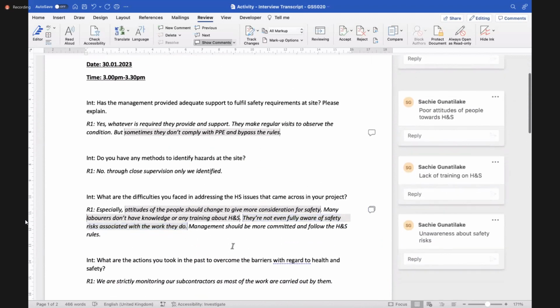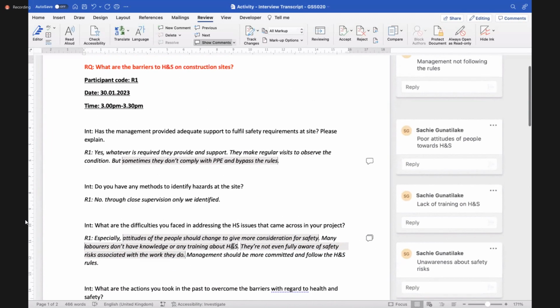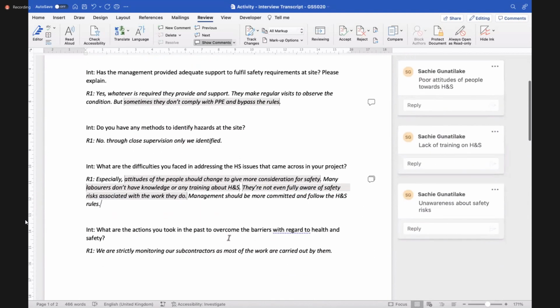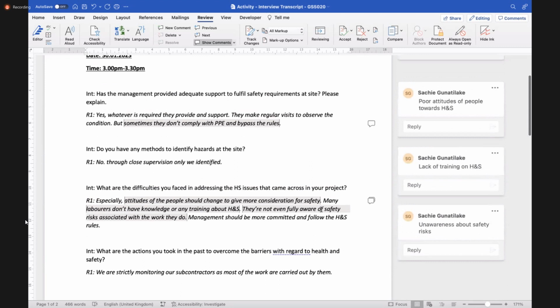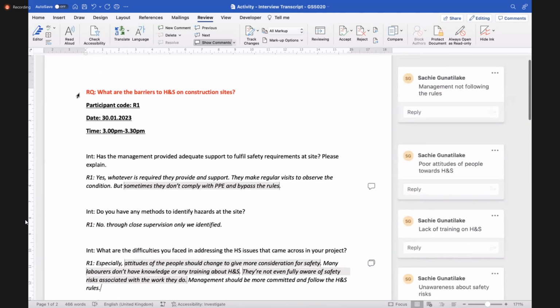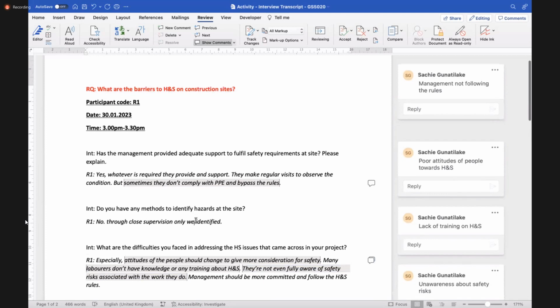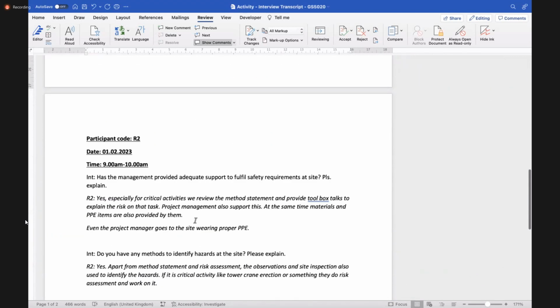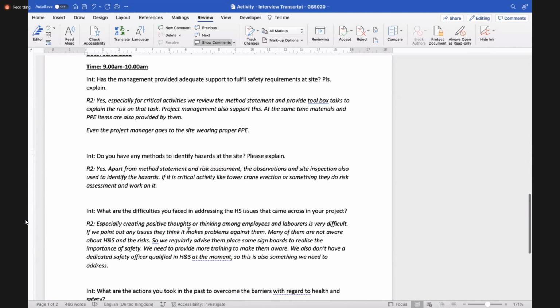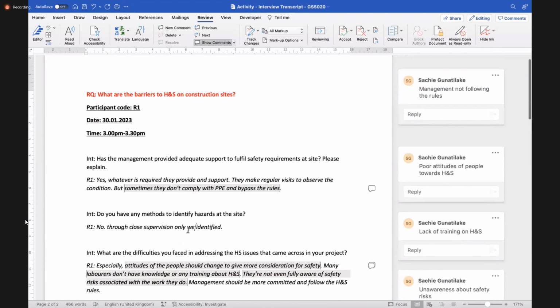So likewise, I have to go through the whole transcript and quote every aspect that's relevant to answering this particular research question. Right? Then you can move on to the next interview transcript and keep going.